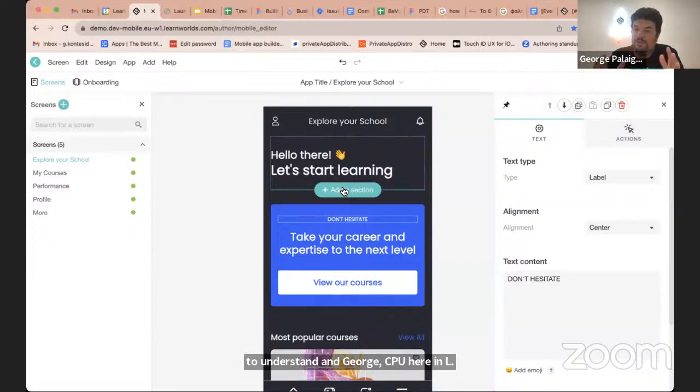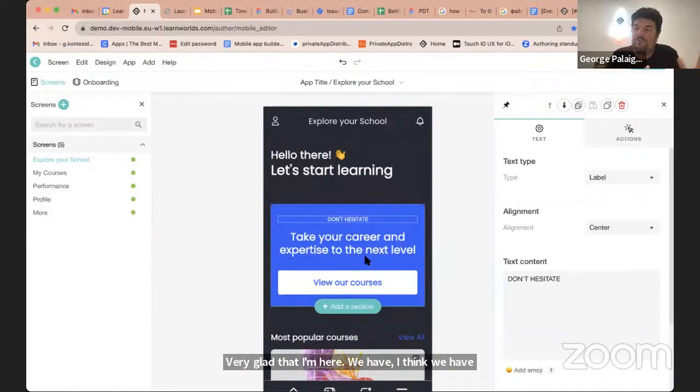I think we have retained the main structure that we have everywhere. So we have sections and widgets. Sections are zones where you can add several widgets, but you can handle them as a group of widgets. So you can delete a section, you can add a section, and then inside the section, you can add widgets. As you understand, this simplifies the experience of building a mobile screen, and it makes it like you are in Wix and you're creating a page. So that's the level of easiness that we set ourselves that we want to bring to you.